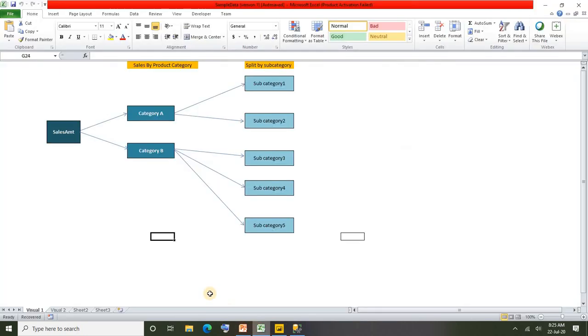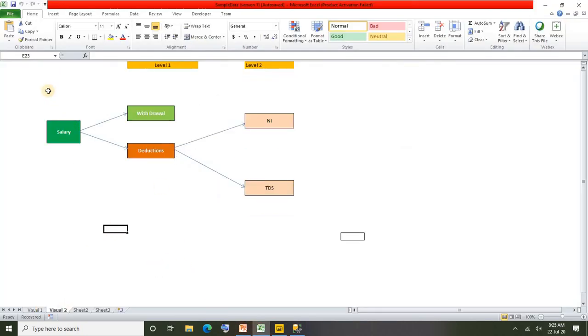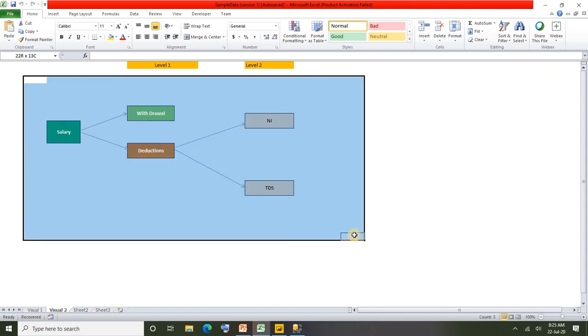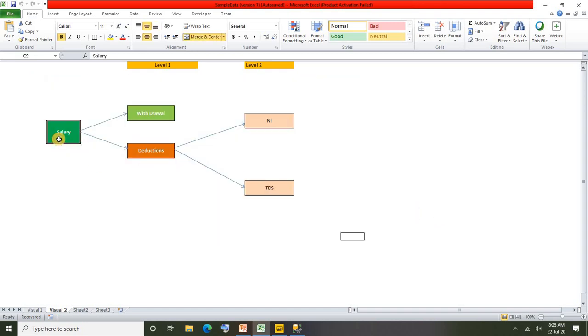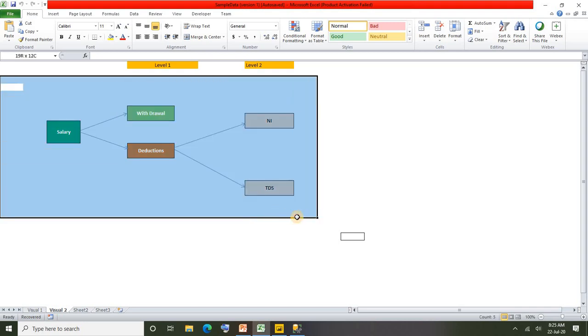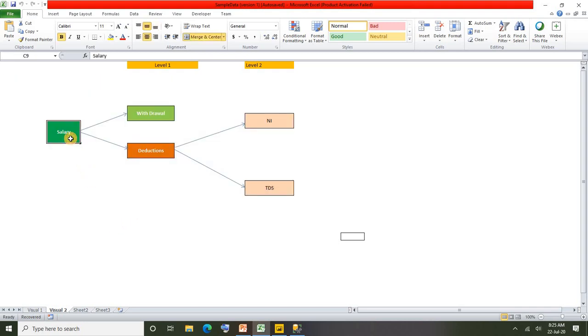Let me show you the other requirement. I forgot to show it. The second visualization is this one. In this requirement there is total salary, employee salary. This is just mocked up data, so let's not worry about the data. For this salary, there are two more metrics: withdrawal, that is take home, and deductions. Under deductions again we have NI and TDS.